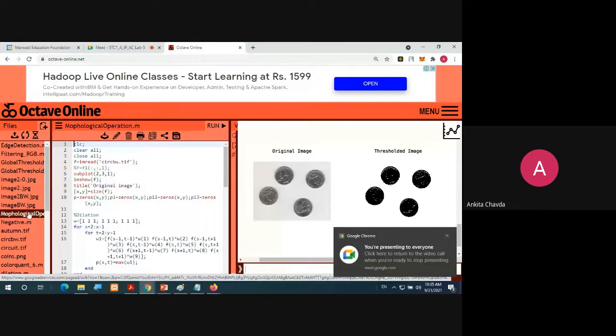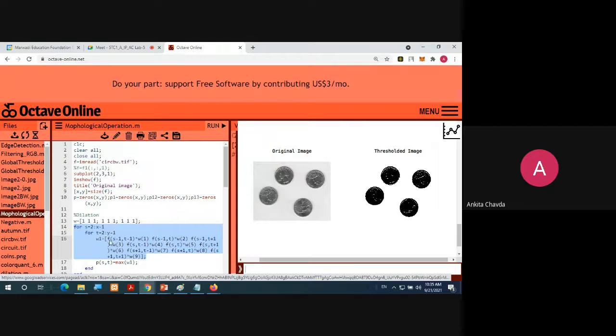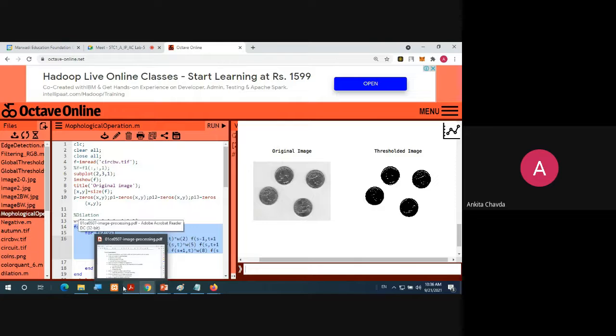Okay, see this morphological operation and apply this loop only. I spoke each and every line also: you take f of s minus 1, t minus 1, plus the rest, divided by 9. So you get that average and then you apply the thresholding code. I almost said the whole program.